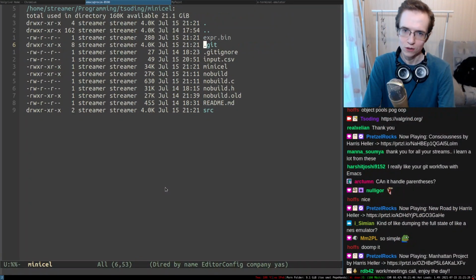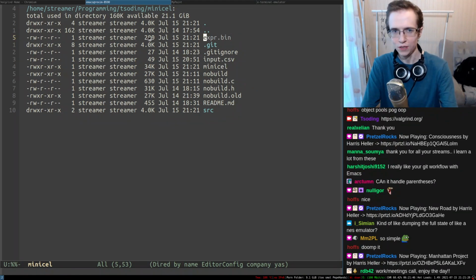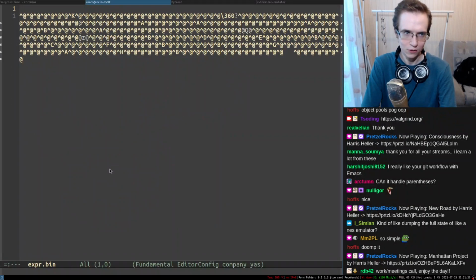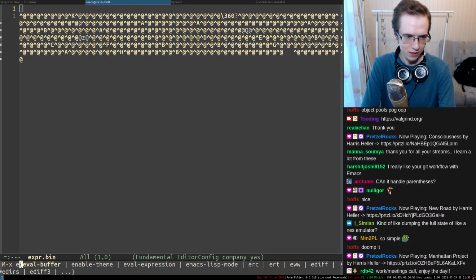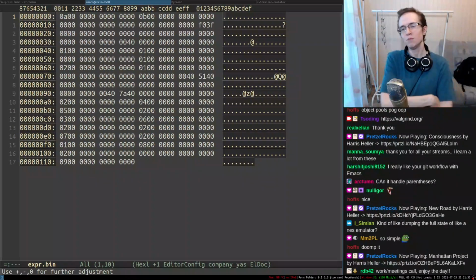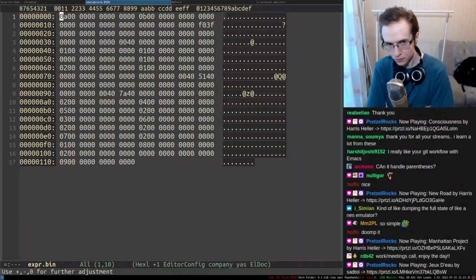Expr.bin. So if we take a look at the file system, now we have expr.bin, the size of which is 280 bytes. And if we take a look at this entire thing, maybe in hex mode, we can see some stuff. Right, so here is basically the memory of the